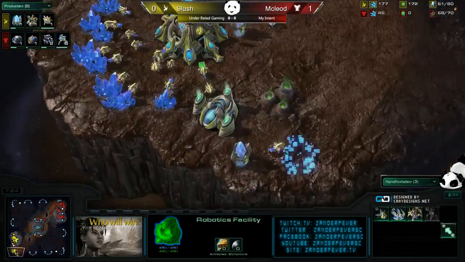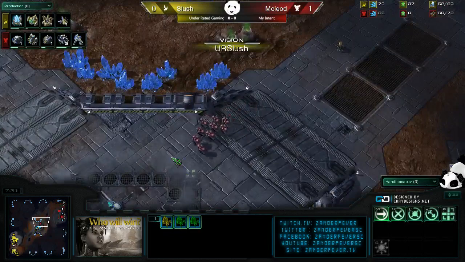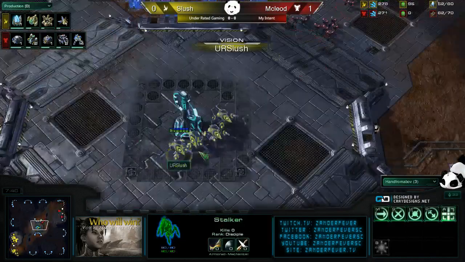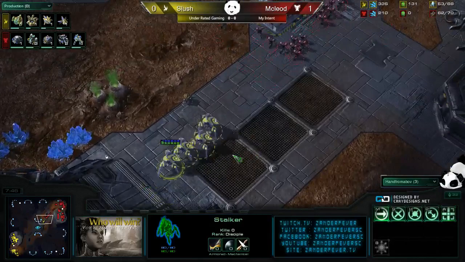Yep, the robotics. And here comes the Marine push. Yeah. Oh God, the Marine push. Yep, Slush is seeing it. He sees that there are these group Marines, but look at the hidden Marines in the back. Slush does not. Oh, Slush now knows about those guys. Oh, Slush sees that huge force of Marines, and that's going to be a really, really cool thing to